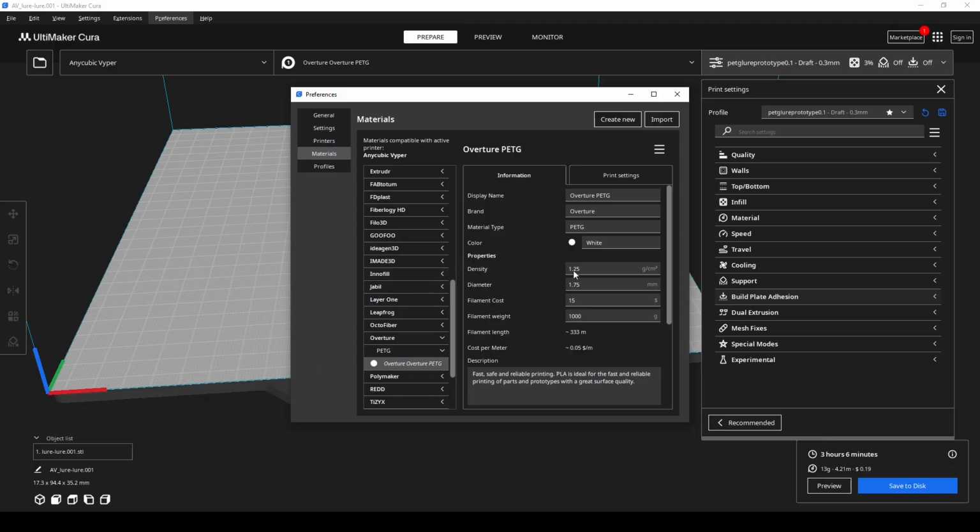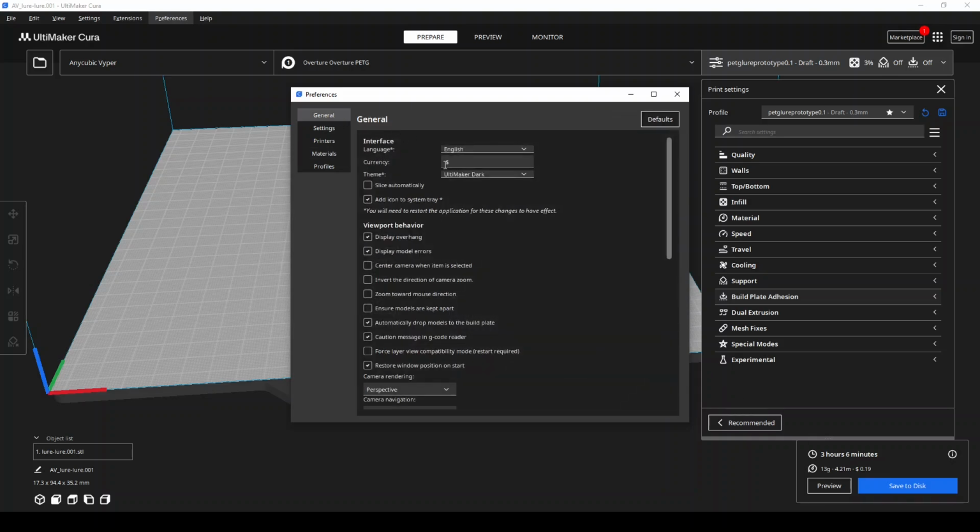But you're going to put that here. Put in the diameter, which should be 1.75. Just for grins, I put the cost and the weight so that it'll give you that cost down here as well. In general, you can set your dollar value sign. I think it came by default with a different currency there. I don't recall, but